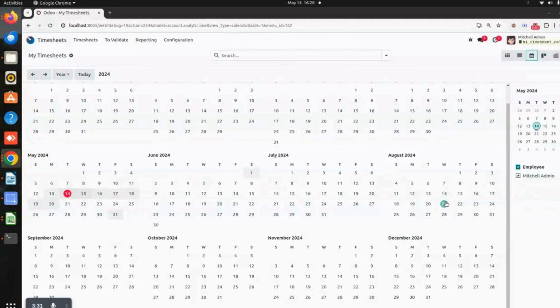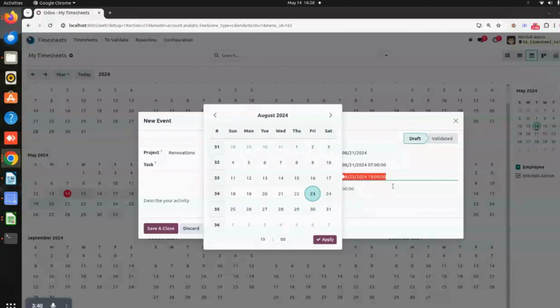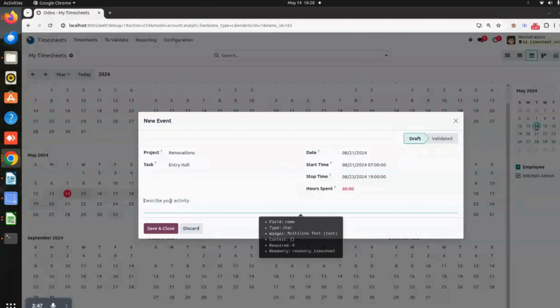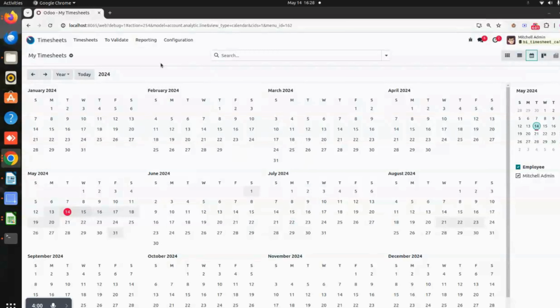So for August month, if you want to do any project or you want to schedule any timesheet calendar, you can just click on that particular date and you can give on which date you are scheduling this calendar, and you can select the task and you can give the description. So all the information will be filled up and you can save and close. So once you come to the month, you can see from here this month is blocked and this date is blocked. So based on this, you can see whichever date you have created, that will be blocked or it will be in this particular color.